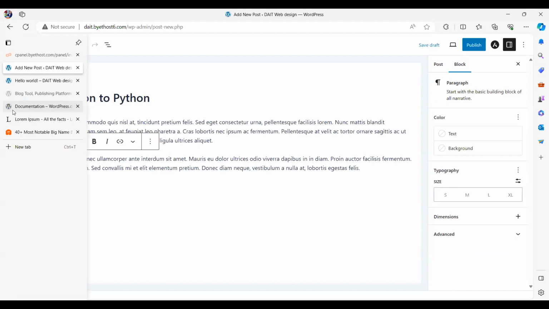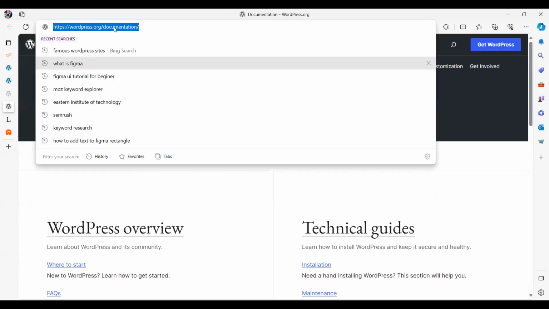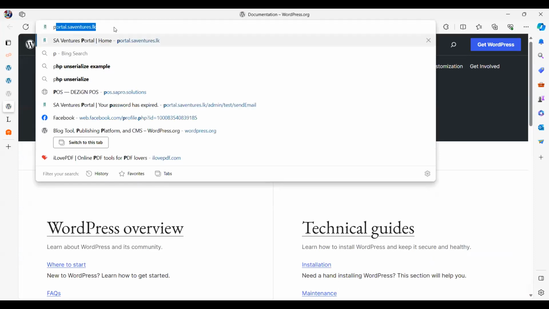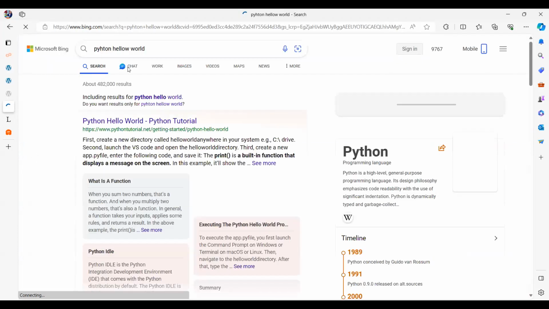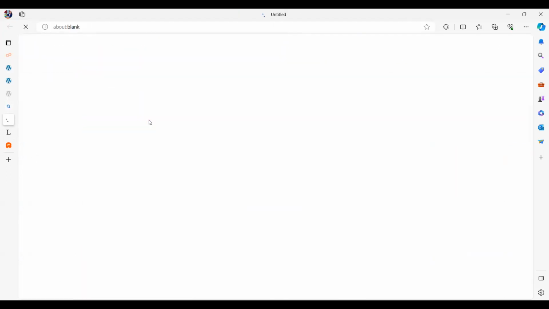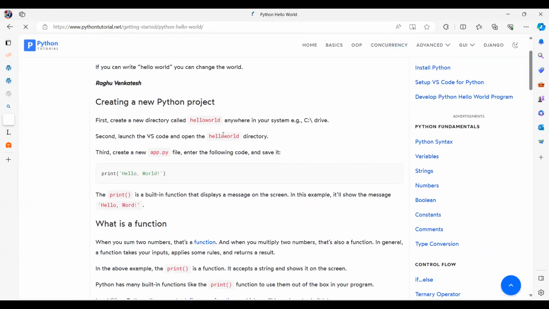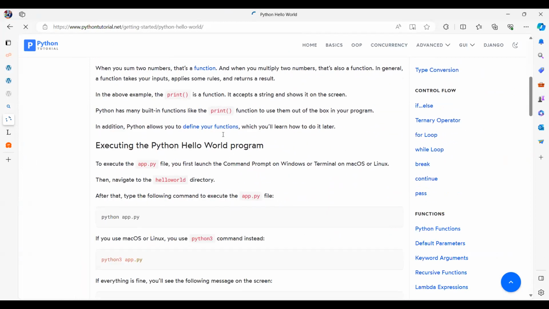Let's say also, as an example, I want to copy some Python code. I'm too lazy to type the code, so I'm going to copy paste it from somewhere. I want to show you what we can do with coding.